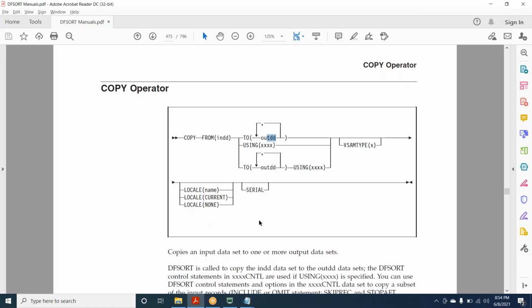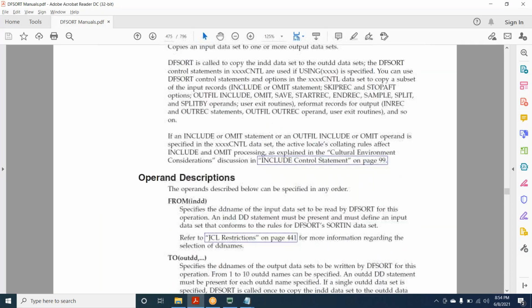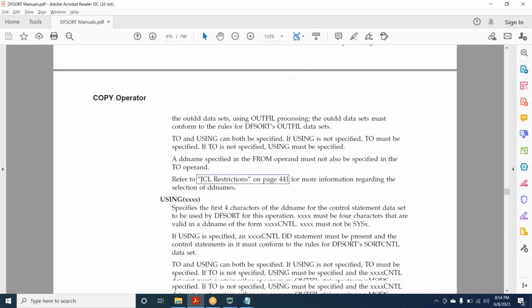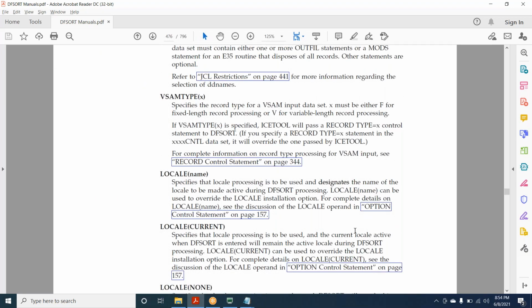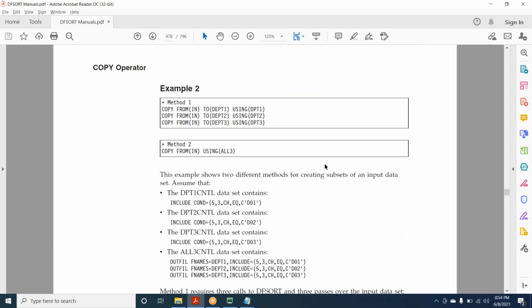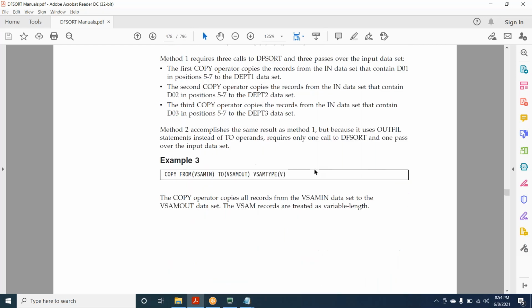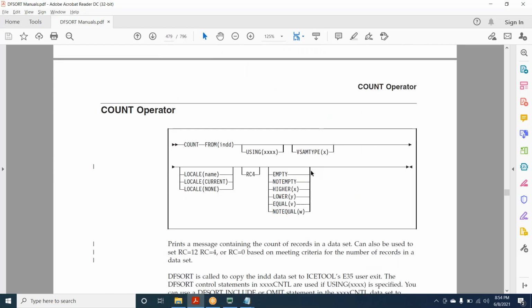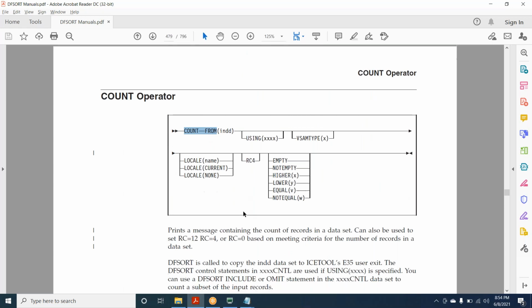Okay, team. So that is all about the COPY operator. Next, you can see there are some examples. You can go through them. We will see COUNT, which is very, very important from an interview point of view.